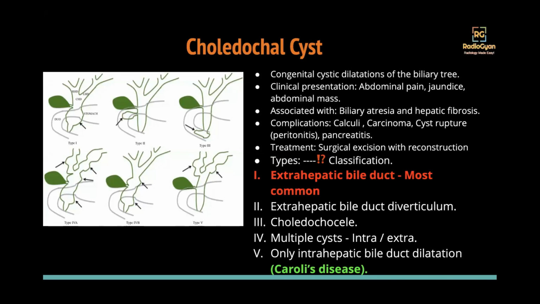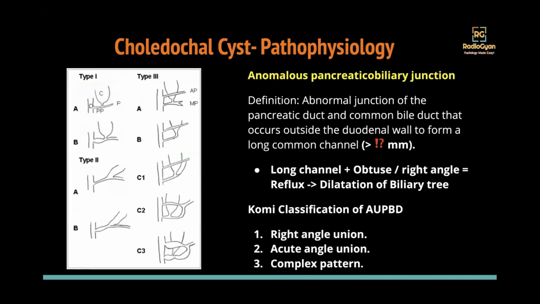It's very interesting. So the pathophysiology behind the formation of choledochal cyst is what is known as an anomalous pancreatico-biliary junction. As a few people have pointed out, it is a congenital anomaly, and the reason is reflux of pancreatic secretions. Normally, the pancreas and the common bile duct have a short union, and they unite at an acute angle. So pancreatic secretions enter separately and bile enters separately.